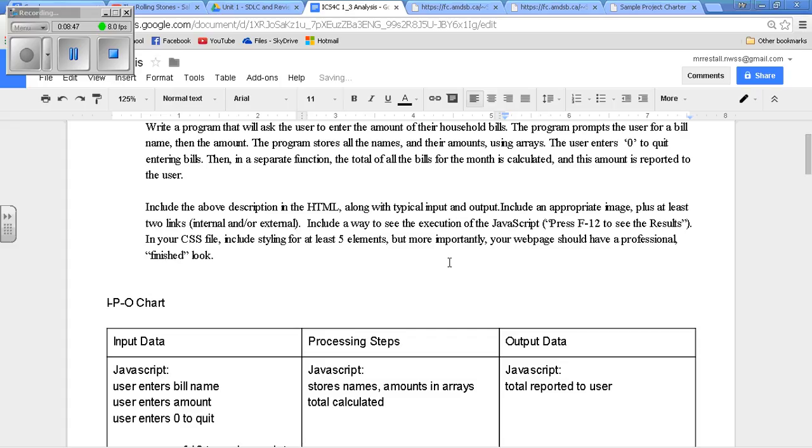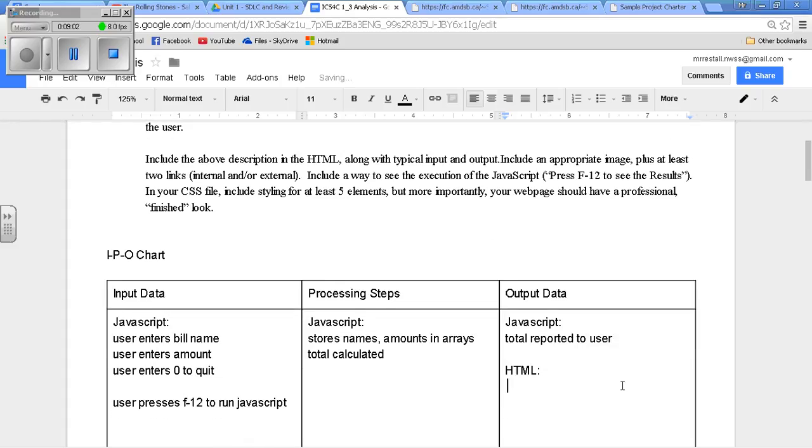And then it's kind of up to you to think of, for HTML and CSS, do you think of that as processing or output? Probably output. It's almost all visual output. So HTML and CSS, and then we can list those elements. What does it say? Output data, HTML,